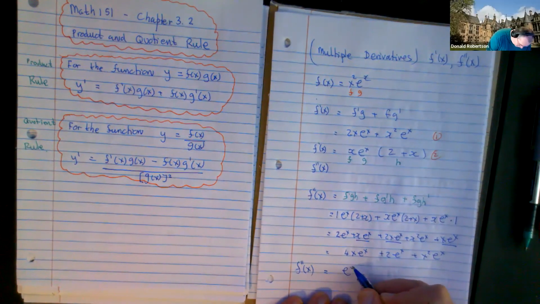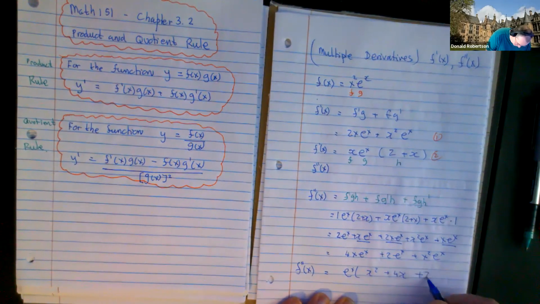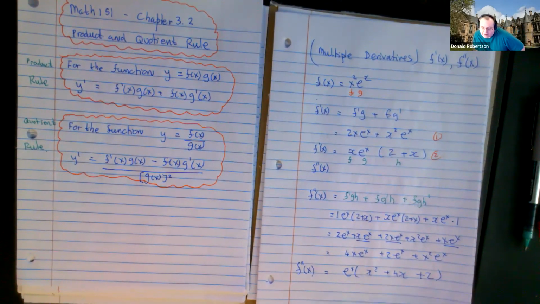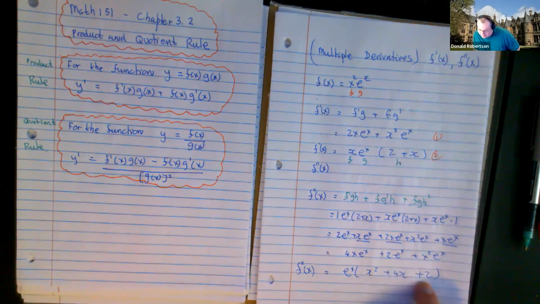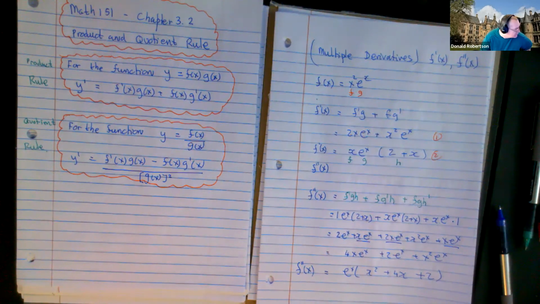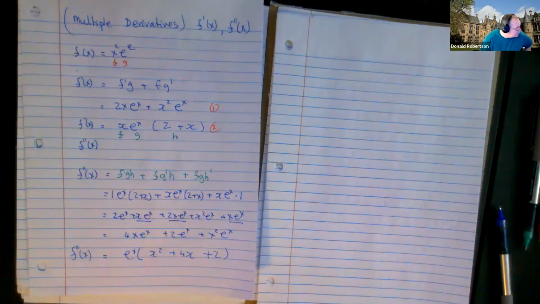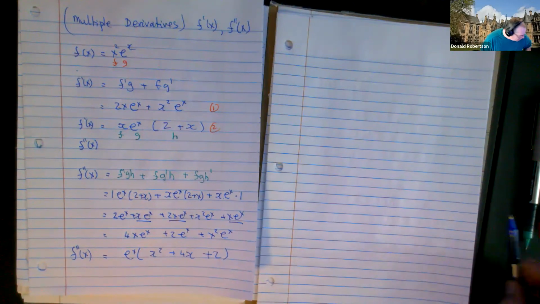Okay. Now, I'm going to rewrite it in a slightly different order because I think x squared belongs first. I should look at this quadratic just in case you can factor it. And if I could factor it, I would. But this one you can't, so we're finished. So first derivative, second derivative. Do we have time? No. Okay. Then